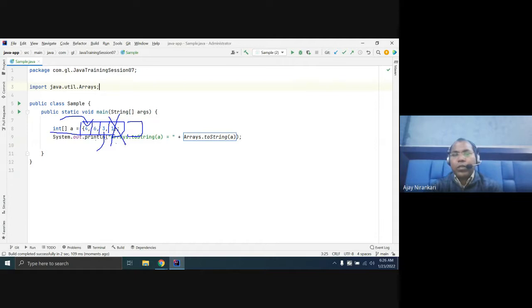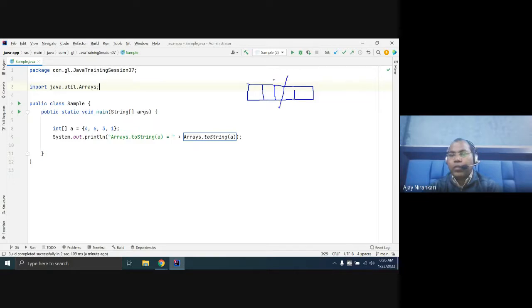But our question is that we want to remove one element from here. Let's say I want to remove 3 or I want to remove 2. So how will I do it? As discussed, we have to apply some trick, some logic. So let us assume this is our array. We want to delete one element. This is the element you want to delete.